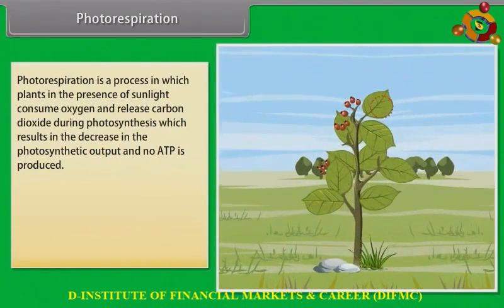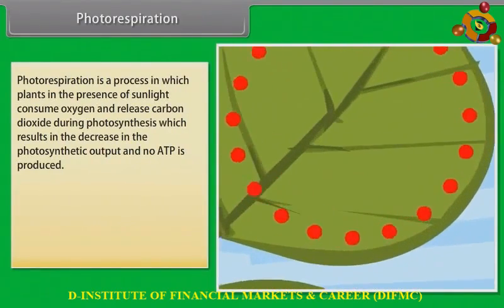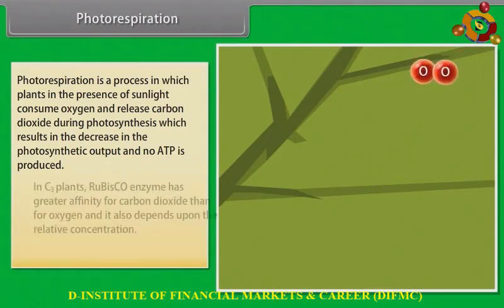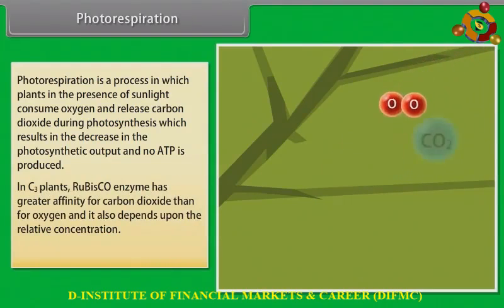Photorespiration. Photorespiration is a process in which plants, in the presence of sunlight, consume oxygen and release carbon dioxide during photosynthesis, which results in the decrease of photosynthetic output and no ATP is produced. In C3 plants, the Rubisco enzyme has greater affinity for carbon dioxide than for oxygen, and it also depends upon the